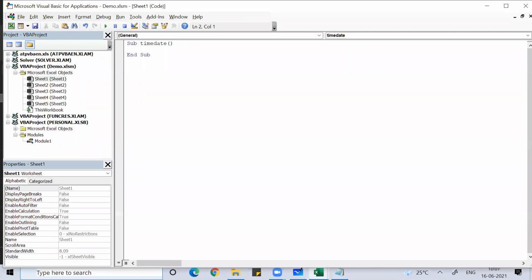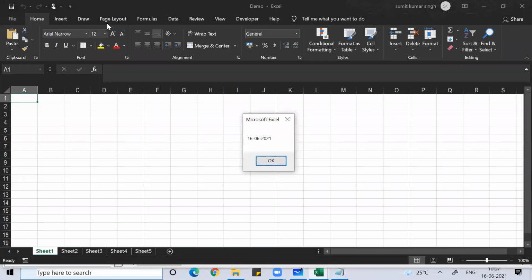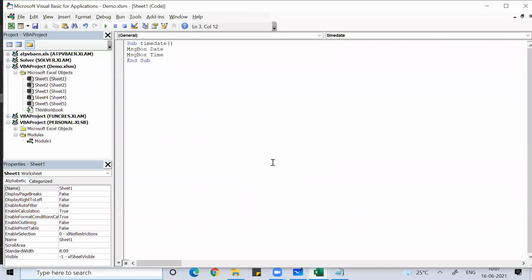Open bracket, close bracket. MsgBox Date. MsgBox Time. Then you can run this, and it will give you the date and it will give you the time. That way you can do it if you want. You can even put the message box.